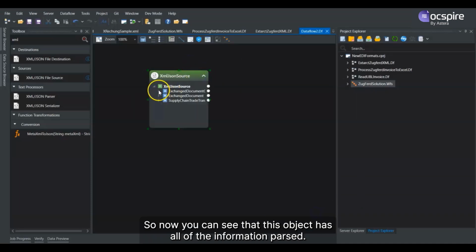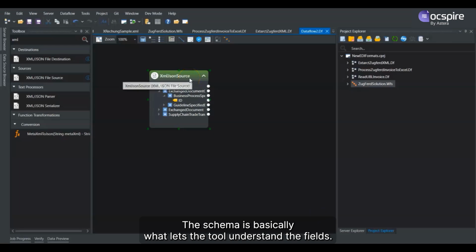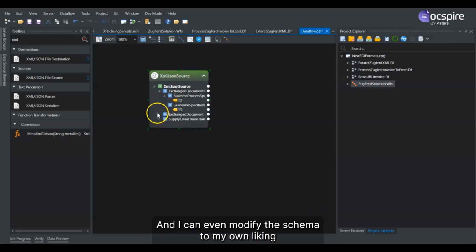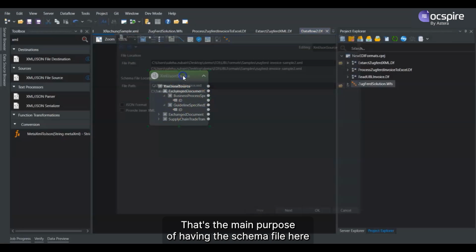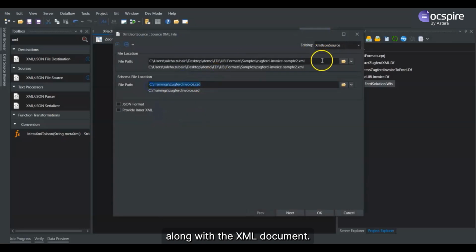So now you can see that this object has all of the information parsed. The schema is basically what lets the tool understand the fields, and I can even modify the schema to my own liking if I want to customize the schema on my own. So that's the main purpose of having the schema file here along with the XML document.